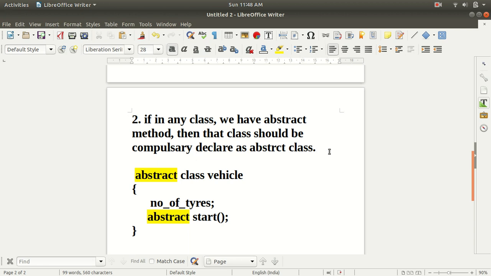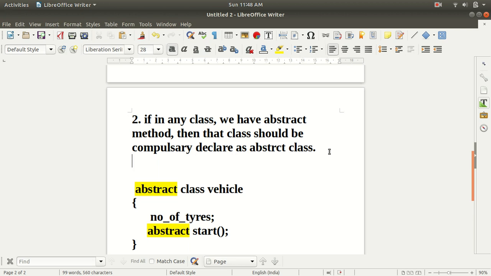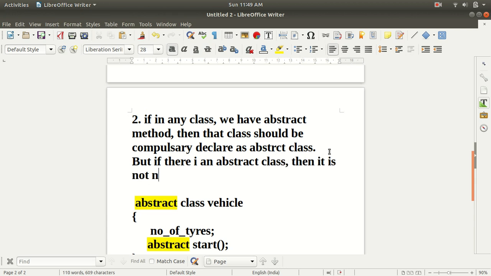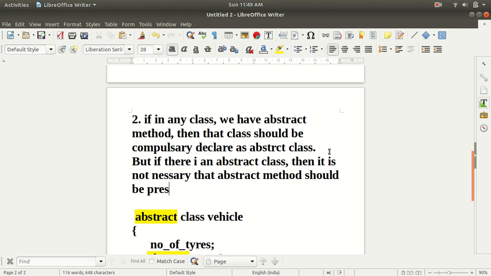And one more thing: if there is an abstract class, then it is not necessary that an abstract method should be present.